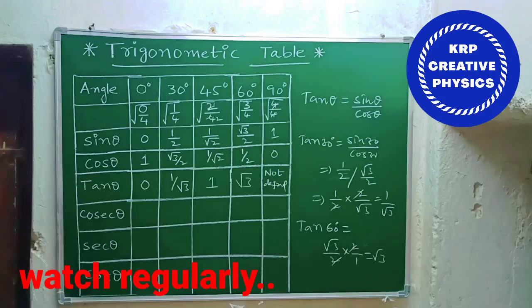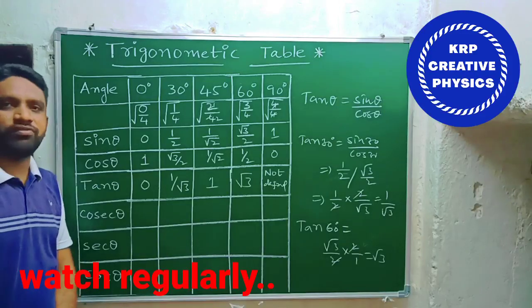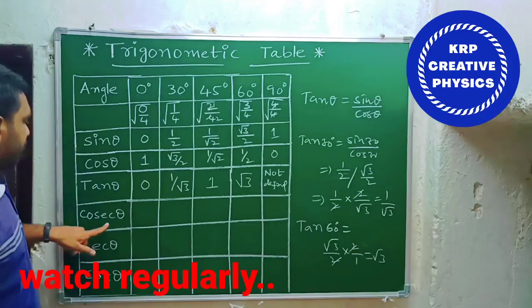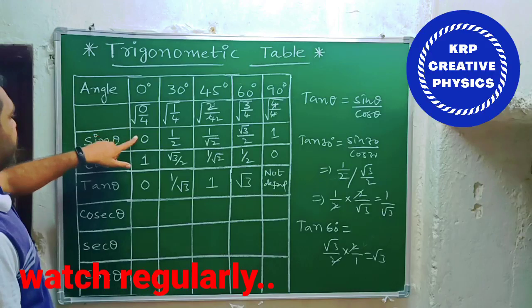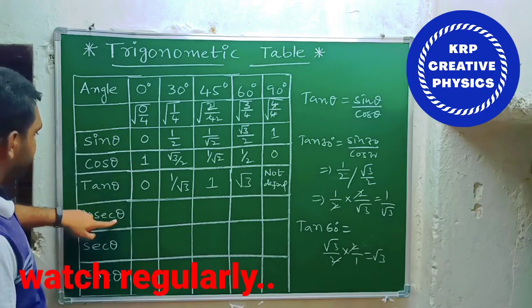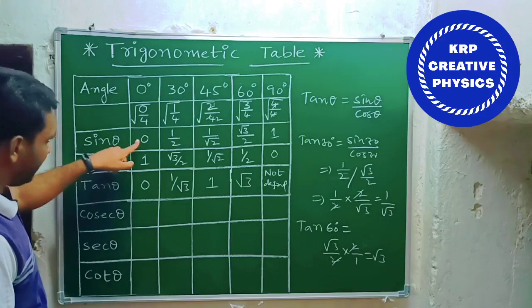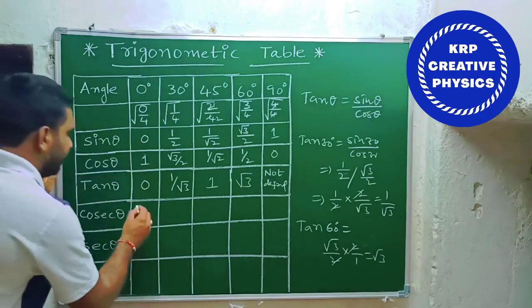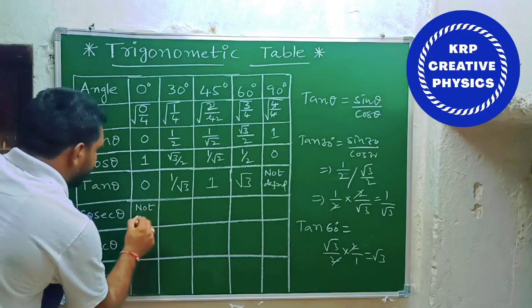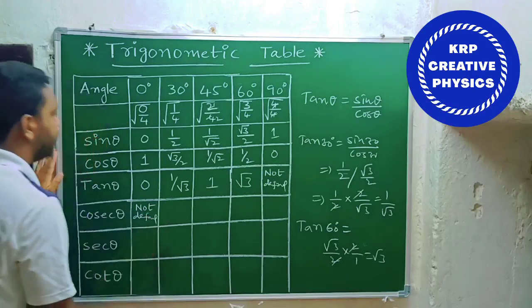So next we need to find cosec theta here. So cosec theta is what here? Cosec theta is the reciprocal of sin theta. Already I told that. So the reciprocal of sin values we need to write. So what do we have here? Cosec 0 equal to what here? 1 by sin 0. So 1 by 0. Something by 0 equal to what here? Not defined. So this is completed.